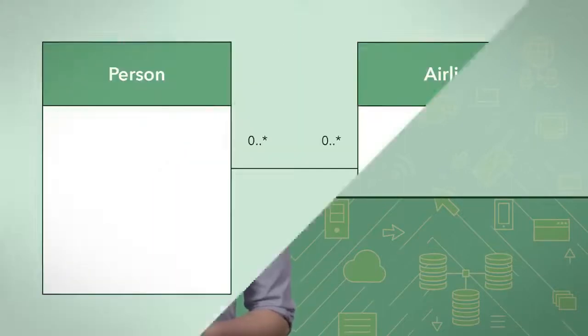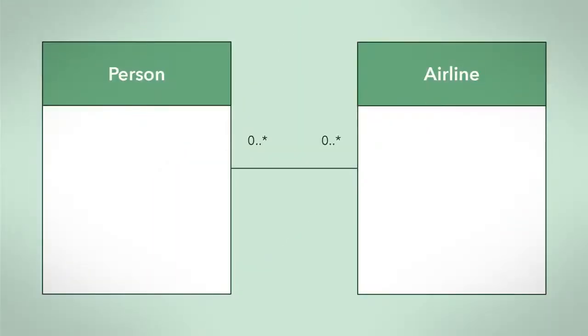Let's take a look at what an association relationship looks like using UML class diagram notation. It is helpful to read UML diagrams with each box being called an object. This UML examines the relationship I described between person and airline. The straight line between two UML objects denotes that the relationship between them is an association. You can see that there is a 0..* found on both sides of the relationship. This means a person object is associated with 0 or more airline objects, and an airline object is associated with 0 or more person objects.